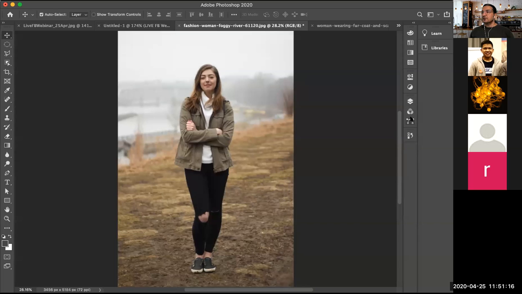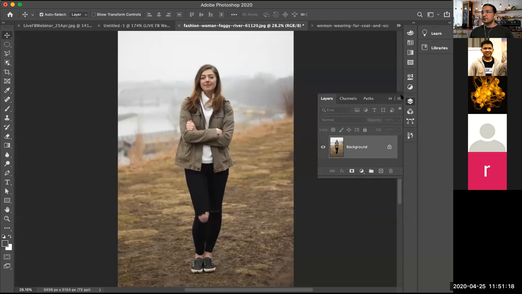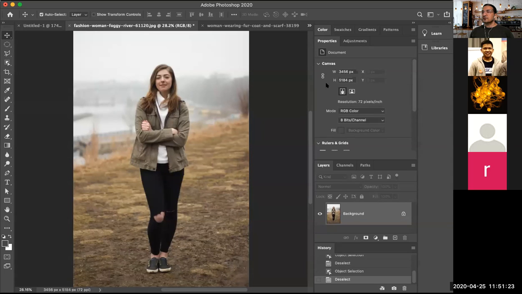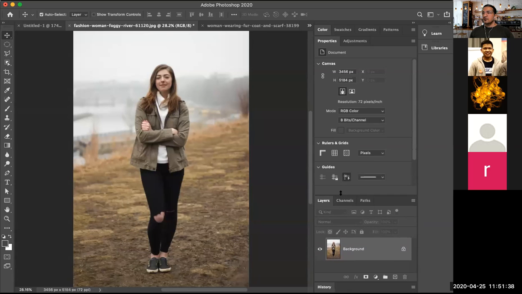If you open up your layers panel, I'm just going to pop this whole thing open here. I'm going to switch off the ones we don't need. I don't need history there. You can see that you have a layer of this person here, and if I select the layer and go to the properties panel, this is the reason why it's hidden. Now if I drag this thing down, you can see there's one here called